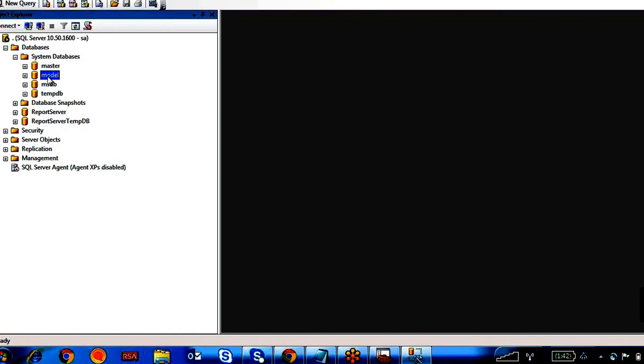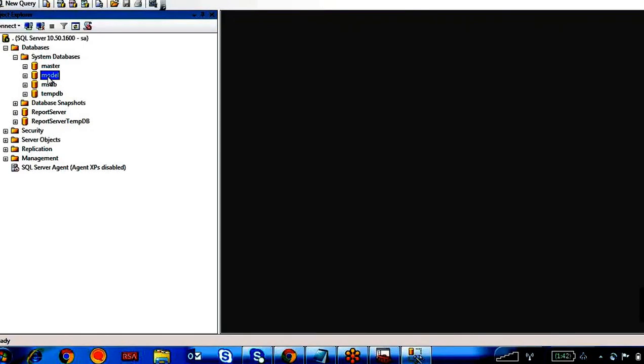What about the model database? The model database is a sample database. Whenever you create a user defined database, it takes a copy of the model database.